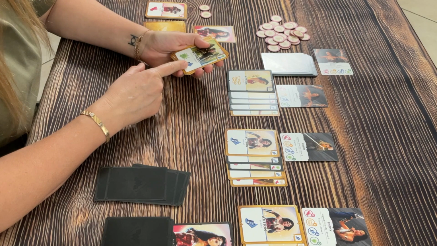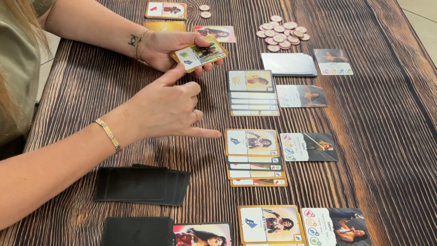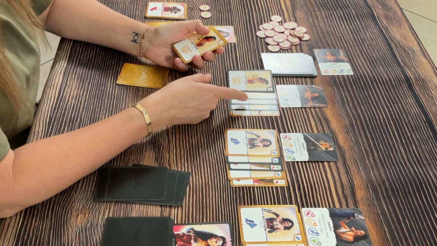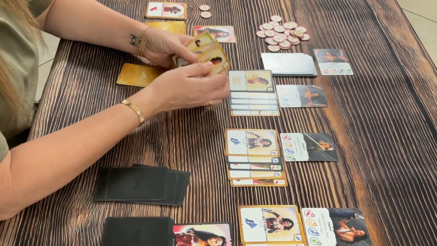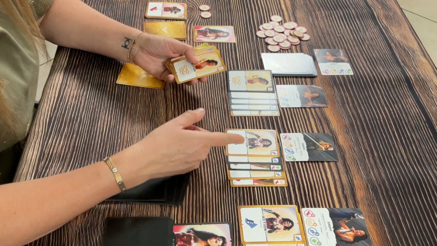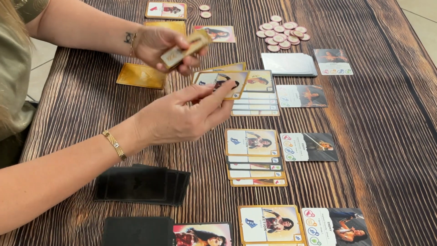Punch and a sprint, not needed there, probably not needed anywhere. Okay, here we have 2 lassos. We need a block to finish that, but I don't have a block. Here we need 1 lasso, 2 more. Okay, I can finish this one